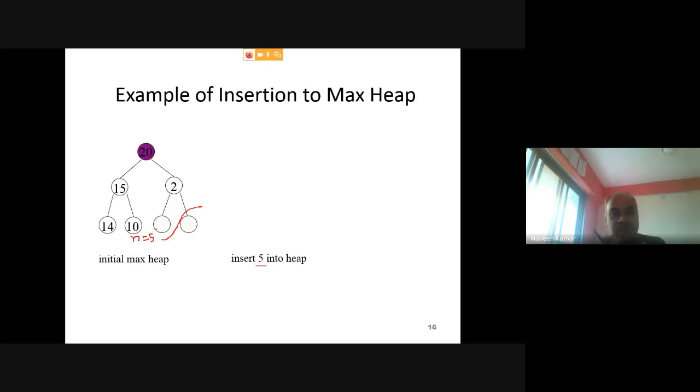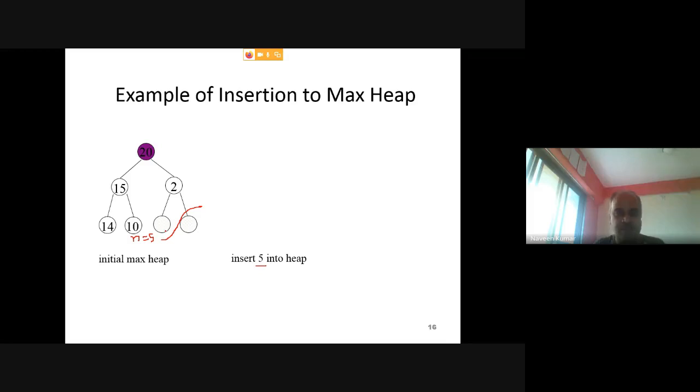But if an empty cell is there in your array, then you can increase the size of your max heap. Initially, the max heap size will be, let us say, 12. There are only 12 elements of the max heap. Now you want the 13th element to be inserted. After insertion, this last cell will be filled, since there is no gap in between.